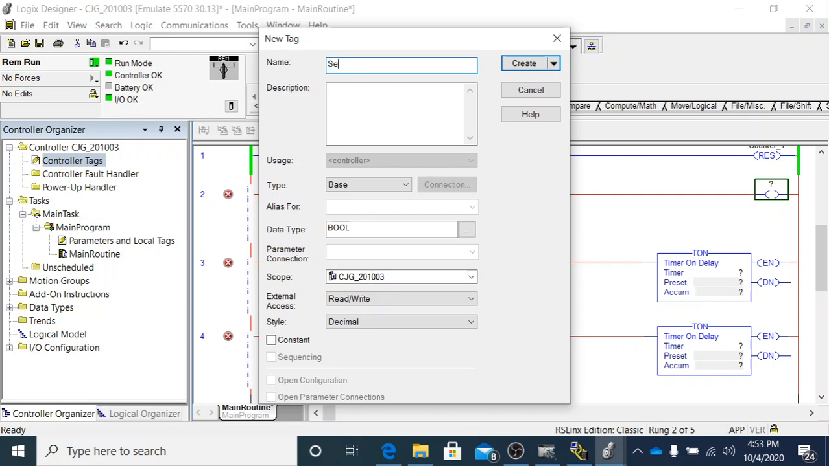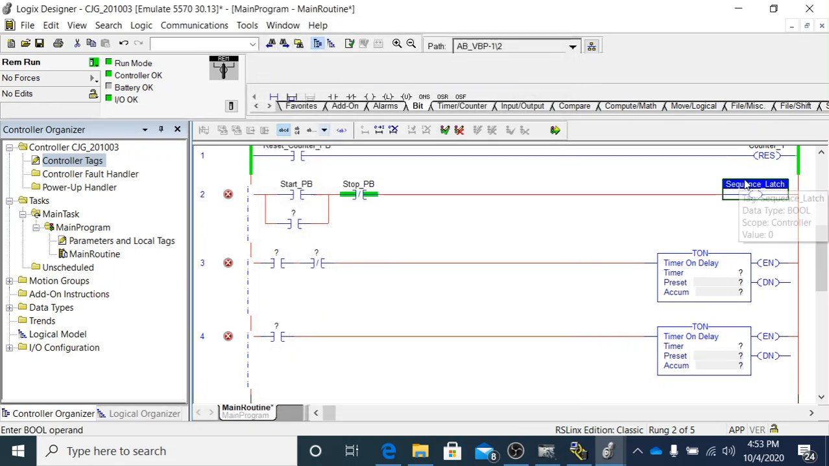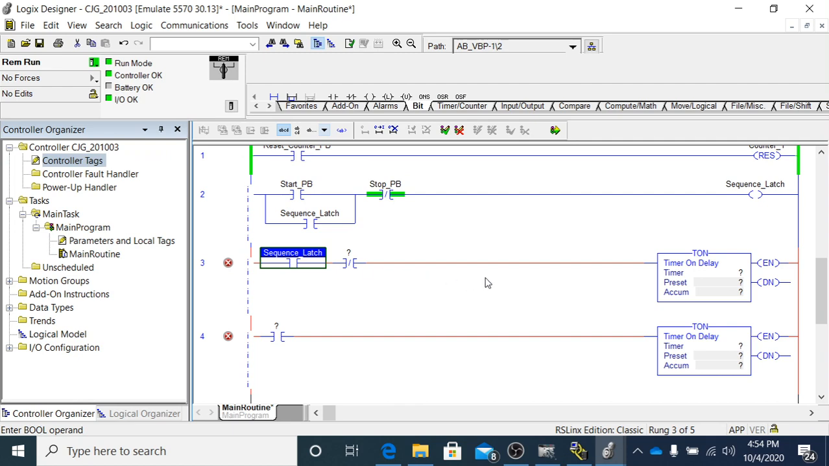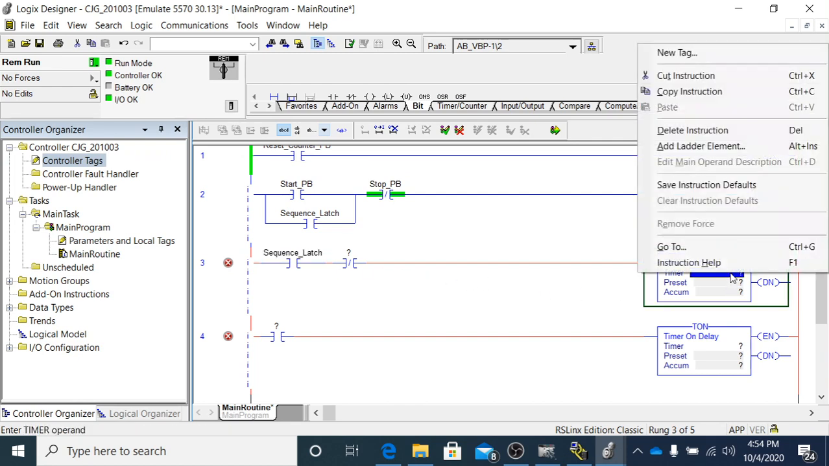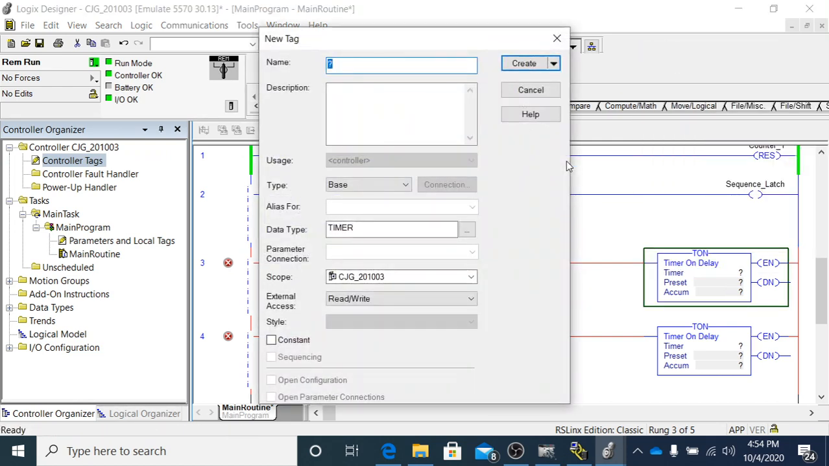We've used it before, but we're going to recreate it: sequence latch, and then bool data type because that's an OTE, controller scope, create. So we're going to latch that on. Once we latch that on, we're going to make a timer 1 tag,